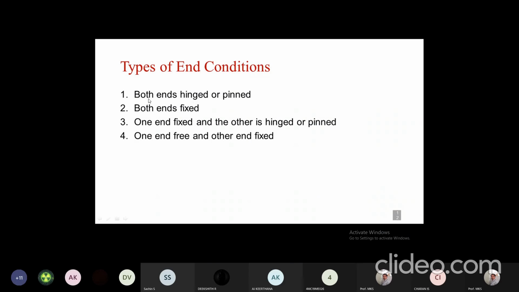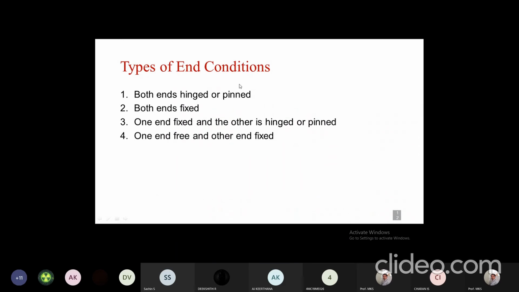Derive the expression for Euler load or buckling load. Definitely you will be having one of the derivations in this. Out of these four, you will be having one. So if you refer to any of the old papers, you will be having one of the derivations, that is the derivation for buckling load or Euler load,